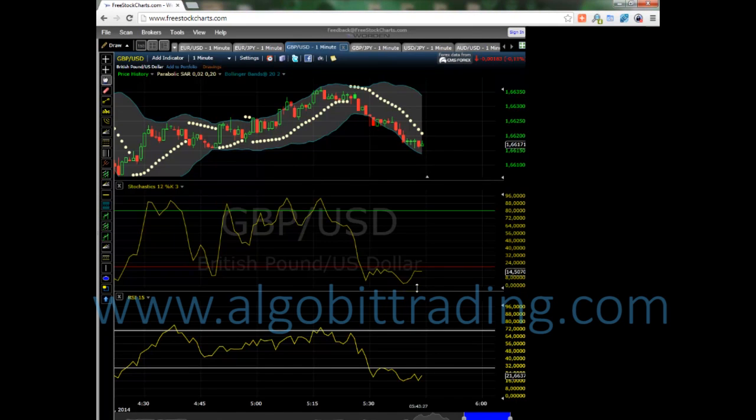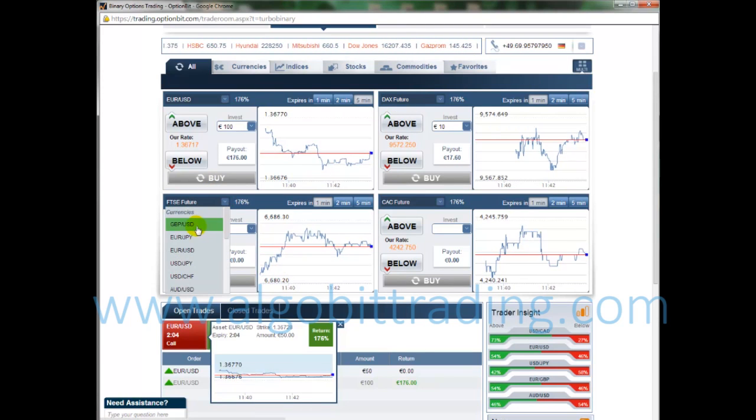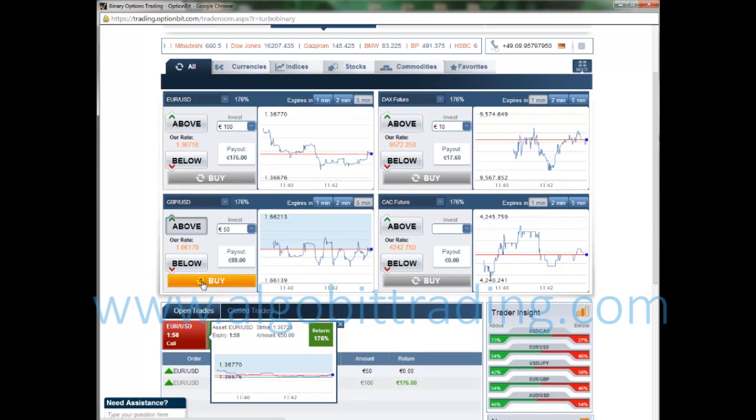As you can see, both the curves are below the lower lines, and the price is very low at the Bollinger level. So pound dollar, I'm going to enter this trade. Pound dollar, 5 minutes, and I'm going to enter 50 euro on this trade. I'm going to trade up,